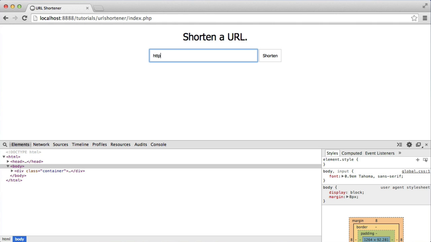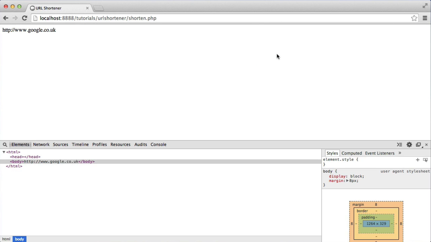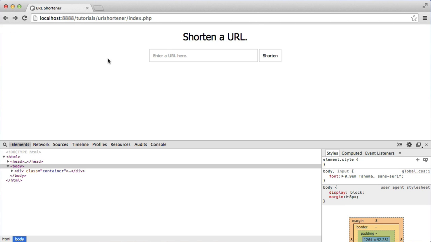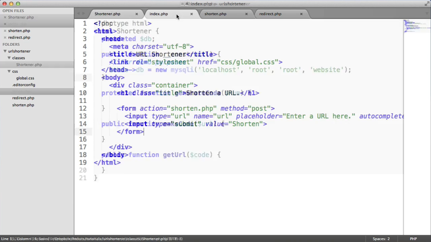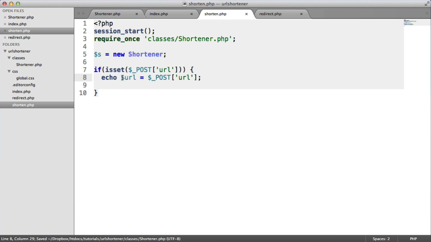So let's enter a URL in here and hit shorten, and there we are, we can see that. So we know that's working, we're not seeing any errors from this, so we can assume that we've connected to our database. So instead of doing this, what we want to do is make use of